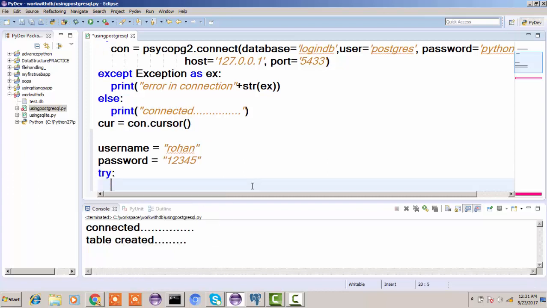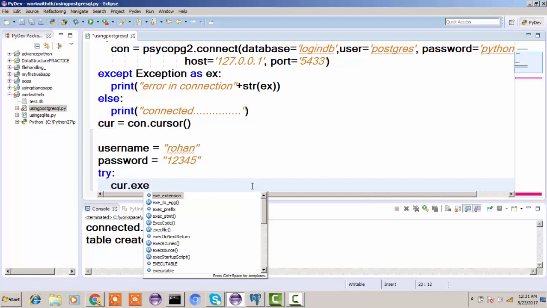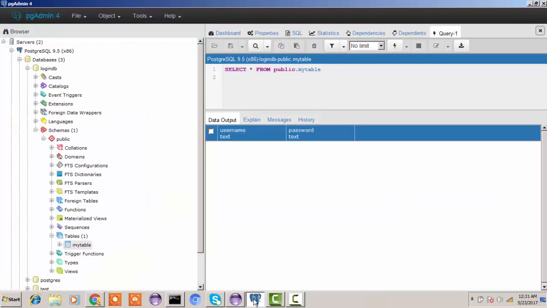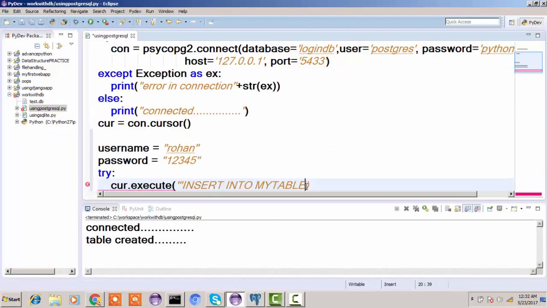So it's very easy. Here I will use try block to accept my query. So cur dot execute in same way, and here you have to write the query. So my query will be insert into my table, because my table created here. So you can see here I created my table. This is the name of my table here, you can see. So insert into my table, and you have to type here column. So column is username, comma, password